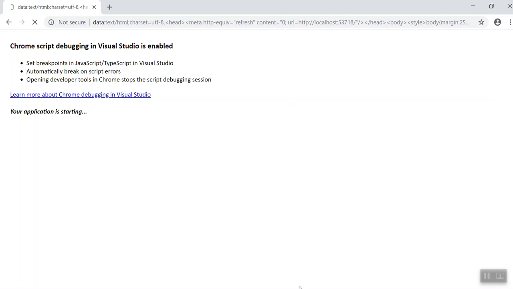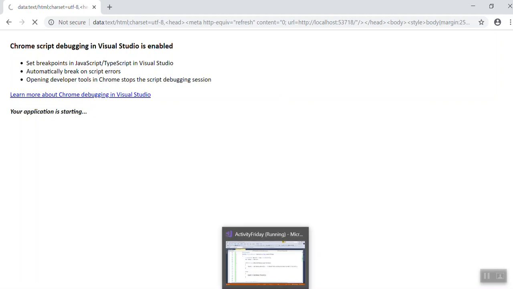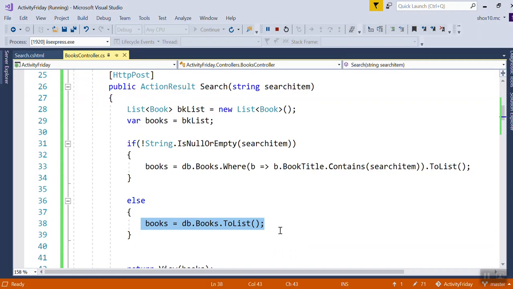It's not the first time to run, but still quite slow. No, there should be another else if here. It's supposed to be not else. Let's just check first. Yeah, else if search item not equal to,